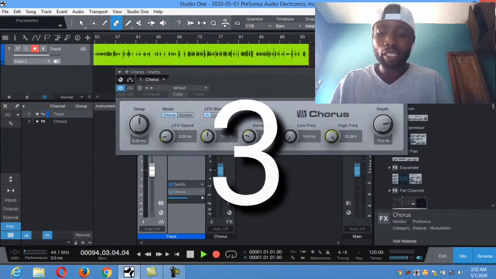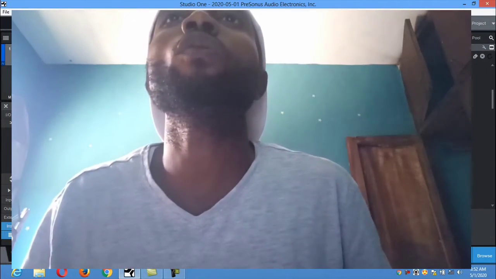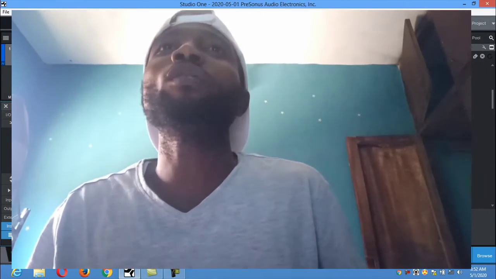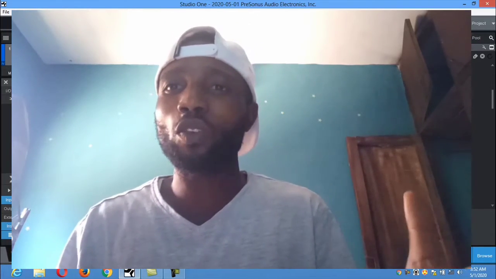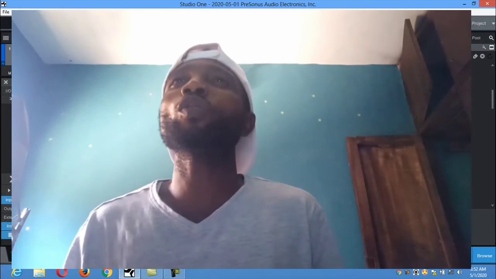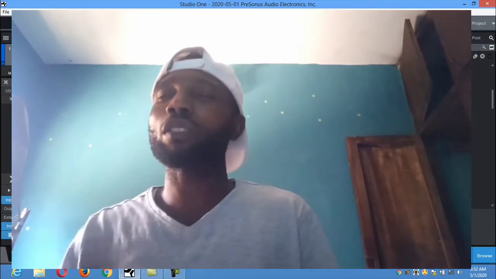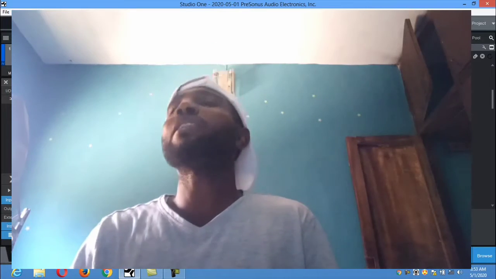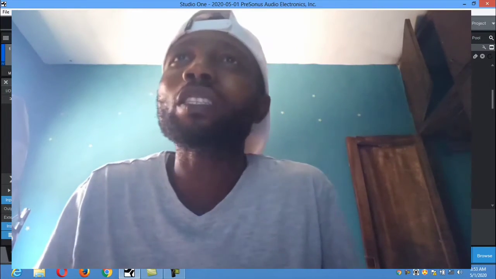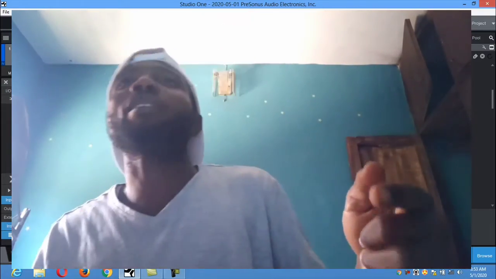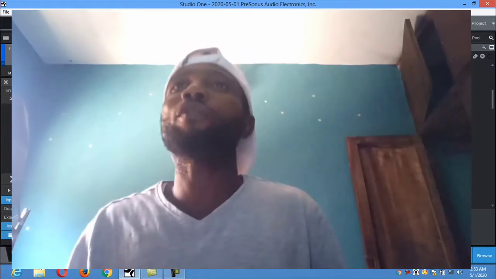Then my number 3, putting a plugin at the input. Wow. This option is crazy. If you want to record your guitar and you want your guitar to be tuned as you are playing it, you don't really need to waste your time tuning. Just pick your tuner, drop it on the input, and you play your guitar through the tuner, and your guitar is tuned once and for all.